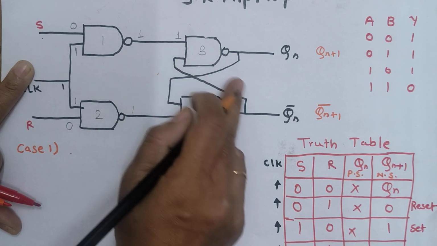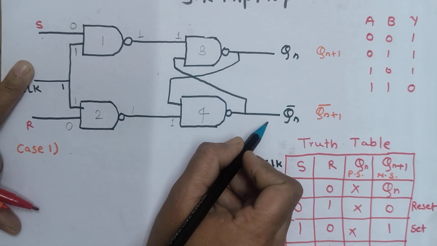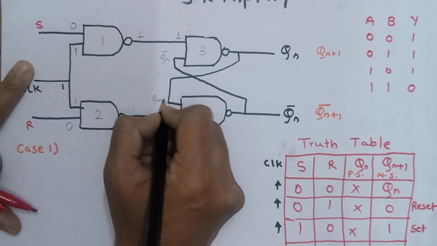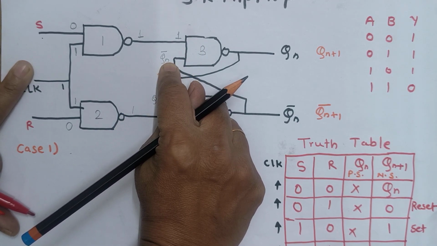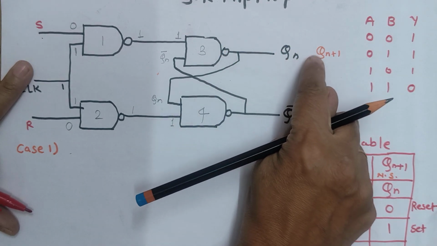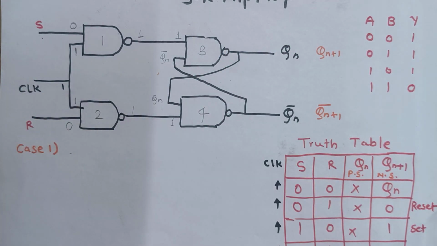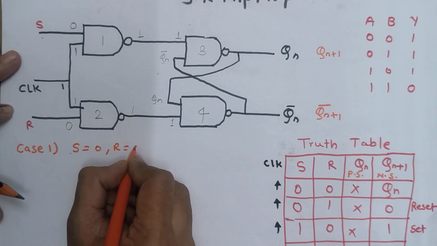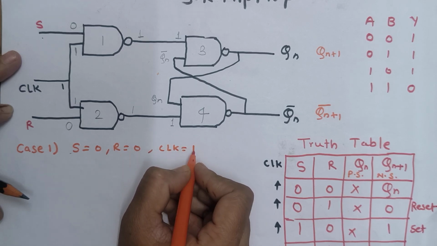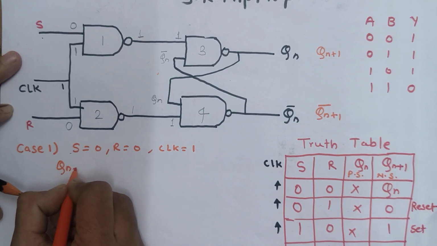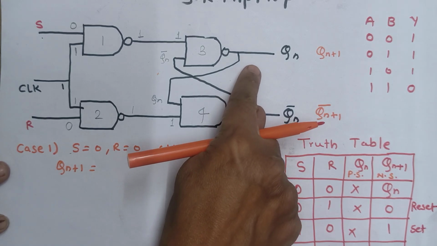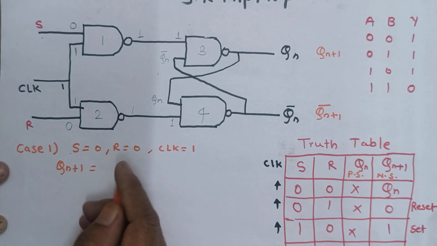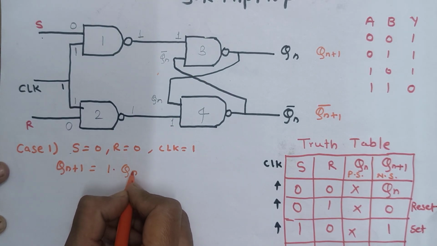And the other input of the third NAND gate is Qn bar, and for the fourth NAND gate, that is Qn. So 1 and Qn bar. We are going to see what the output at Qn plus 1 will be. So that is case 1: S is equal to 0, R is equal to 0 and clock is equal to 1. What will be Qn plus 1? That we are going to find out. What will be the equation? 1 into Qn